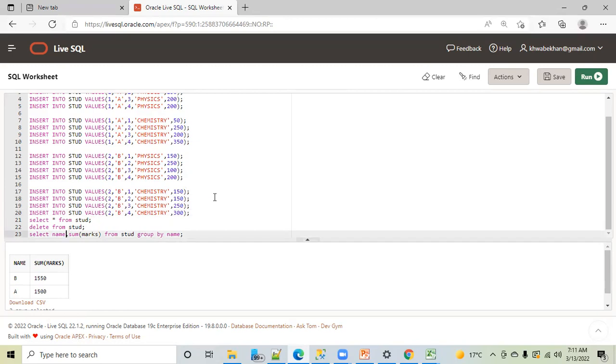Now suppose I write here name, comma, subject. Then I will write here group by name, comma, subject. Please note the difference, and that is why I'm showing you what the difference is. Then I will show you how to solve this problem. Name, comma, subject I have written. Now you can see